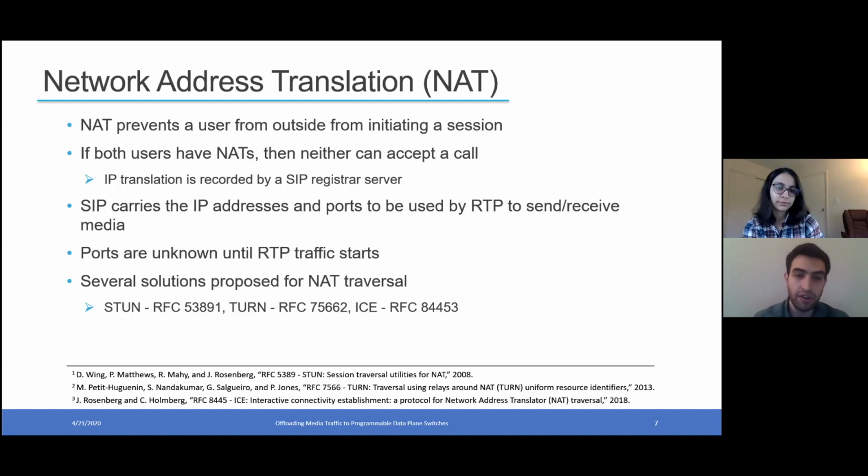We listed here three of them: STUN, TURN, and ICE. And all of these have RFCs. But essentially, most of these solutions rely on a publicly available relay server that we have to use as a man-in-the-middle type. So we have to relay traffic to that relay server, and the relay server will relay to the other end. By having a relay server, we can make sure that